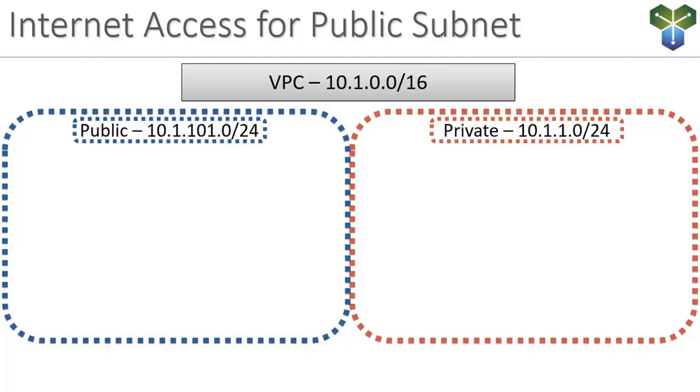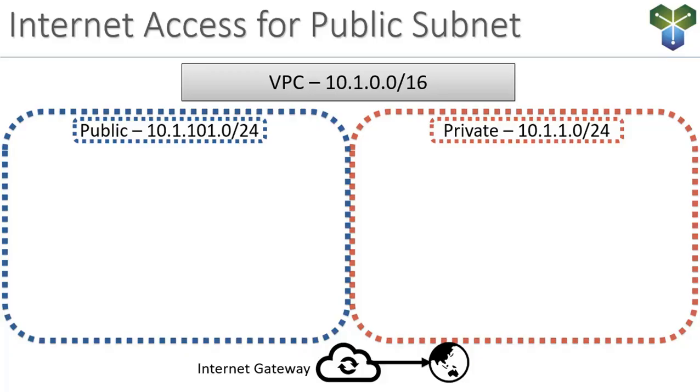Let's talk about our VPC as we have seen it configured in our demos thus far. And if you're following along at home, this is something like what your VPC looks like right now. You've created a VPC. The CIDR range is 10.1.0.0/16, and you've created a public subnet, which is shown on the left, 10.1.101.0, and a private subnet, shown on the right, 10.1.1.0. So now that I've created my VPC and subnets, and I've also attached an internet gateway to my VPC